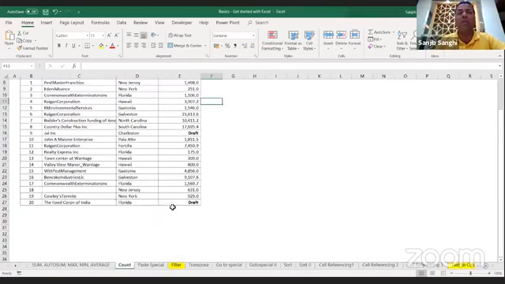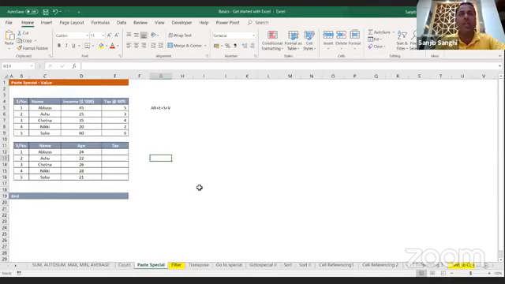We have also learned the count function, where we got to know the difference between count and count A, wherein count is basically to count the numeric characters and count A is for counting everything. Count A is not alphabet, it is everything. To only count the number of rows for alphabets, we need to do count A minus count. So that's what we learned yesterday. Paste special, we all know it's ESV. When we don't want to copy the formula, but we want to copy the data and not the formula, then we use paste special, which is Alt ESV.